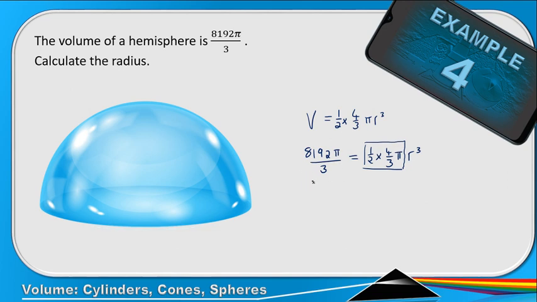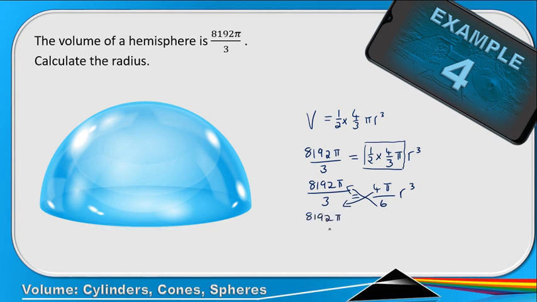Let's say we've got 8192 pi over 3 equals, so this is just 4 pi over 6. Let's just write it like that. Now I'm not going to waste a lot of time to simplify it any further. I just think it creates more work. So since we have one term equal to one term, we can just use cross multiplication. Once again, you can just say this fraction divided by that fraction, but I'm just going to use cross multiplication. So that means we have